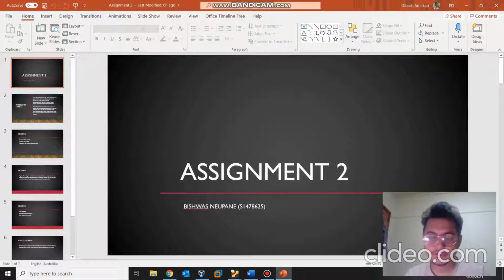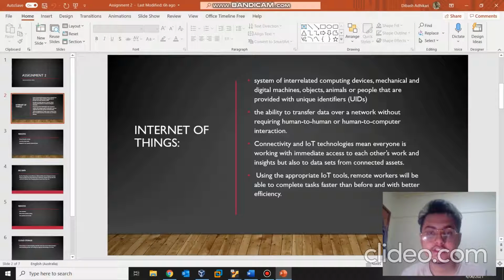Okay, first of all, let me describe the Internet of Things. Internet of Things is a system of interrelated computer devices, mechanical and digital machines, objects, animals, and people that are provided with a unique identifier, that is UID. The ability to transfer data over a network without requiring human-to-human or human-to-computer interactions, and also the